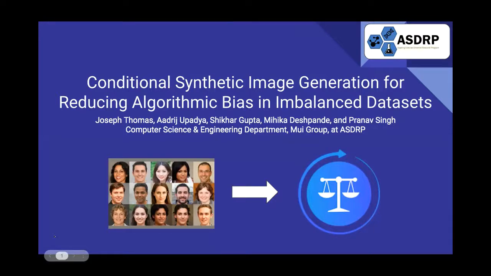All right. So our research is about conditional synthetic image generation for reducing algorithmic bias in imbalanced datasets, and we are part of Dr. Phil Muli's research group. As a bit of an introduction to our research work,